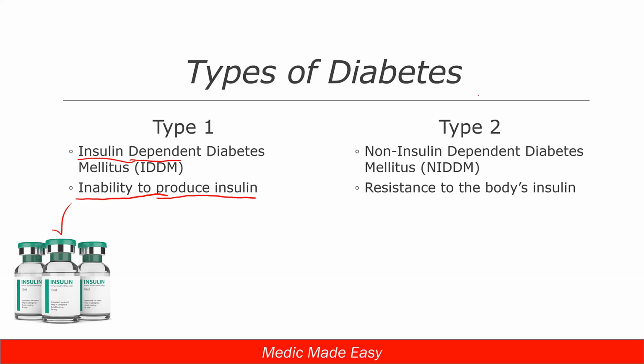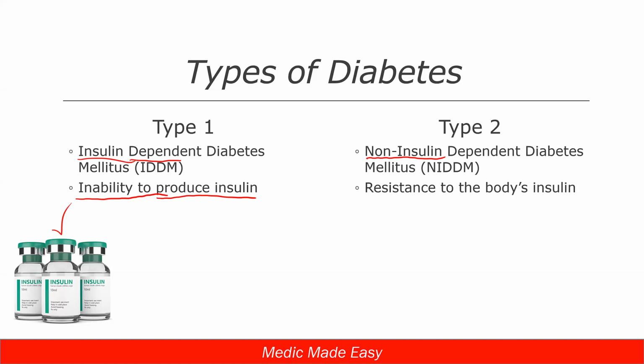And the other one is type 2 diabetes, or non-insulin dependent diabetes mellitus. Those patients generally don't need insulin injections. More often they may be managed by some other diabetic medications, but not insulin. It could be bad enough or uncontrolled enough that they may go on insulin at some point, but generally it's not a lack of insulin. It's what they call a resistance to the insulin, or an insulin resistance.